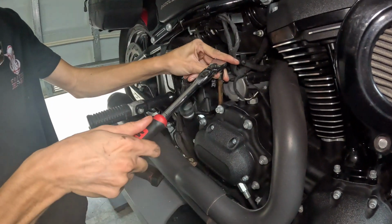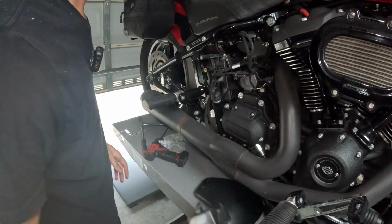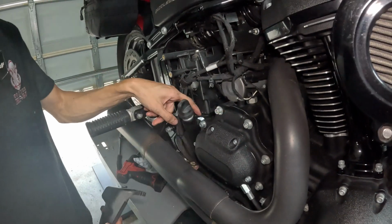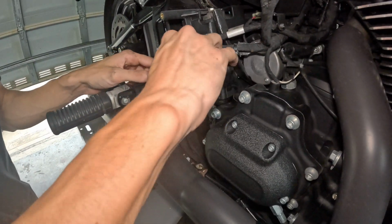Don't go crazy on the tightness for this one either, it's nice and snug. You can go ahead and put this back. This little plastic piece has 3 tabs. One fits in there, the other 2 fit in these 2 holes here. Line that up,